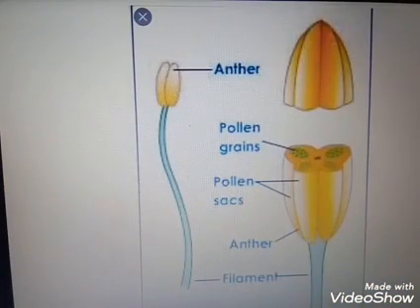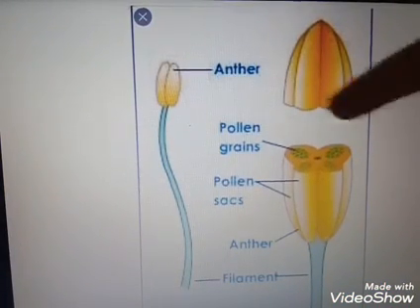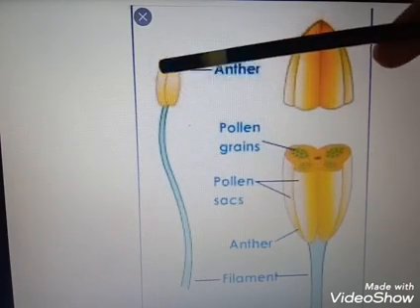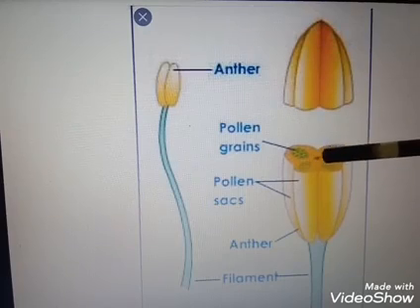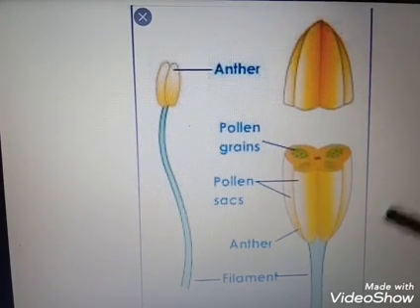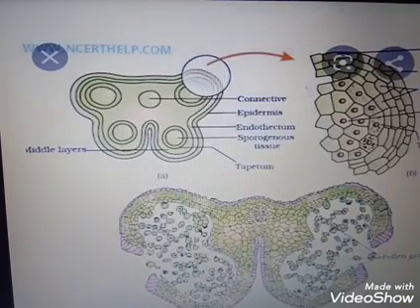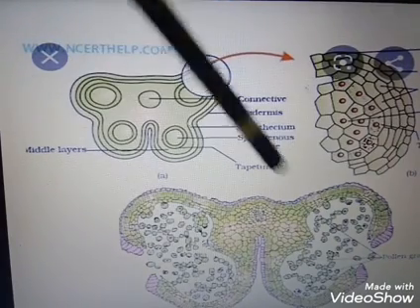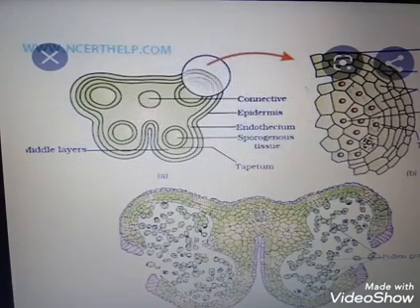Then this is the picture of the anther. Here you can clearly see in the anther the filament and connective. This is the dithecous anther, the butterfly shaped structure. This is the pollen sacs. All these are very important. Draw in your notebook 5 times. Then the first figure is the transverse section. This is the mature section. Then the dehiscence is seen in these pictures.